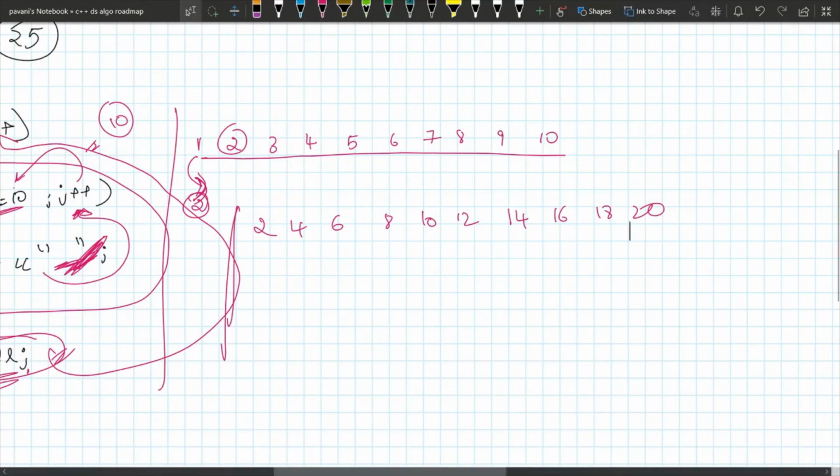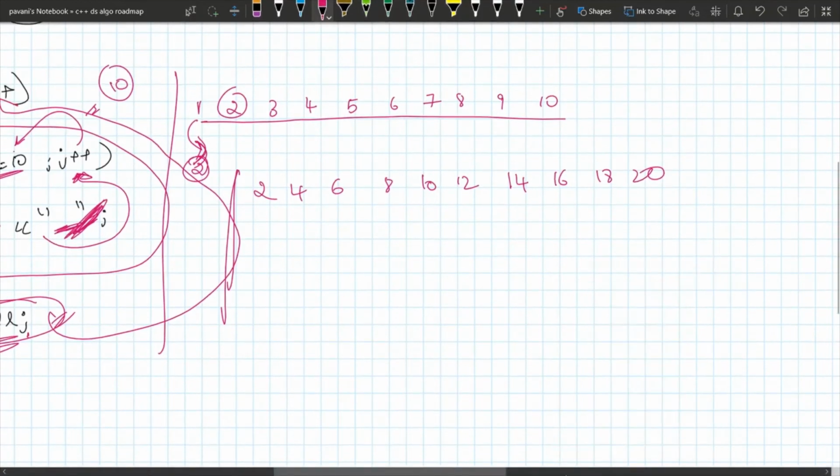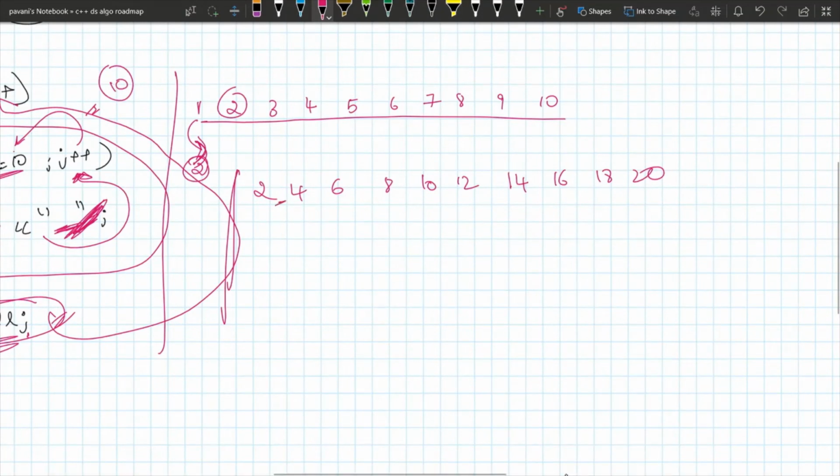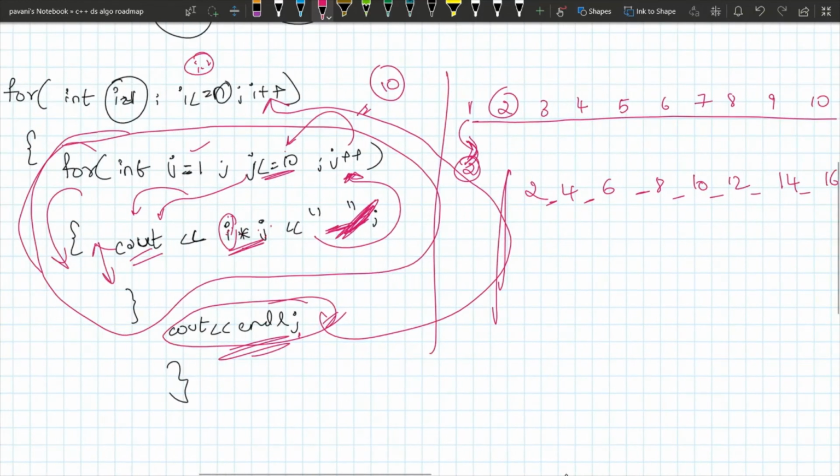Okay, and after doing this, here spaces are involved. I have given spaces, and after completing the inner loop, after exiting the inner loop, the code which is written in the outer loop is going to be executed. Because see, the cursor pointed here, completed it, exited the inner loop, and the cursor must point here. cout endl is a command to enter the next line, so the cursor entered the next line, and we have got a break.